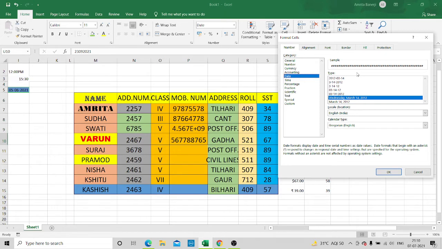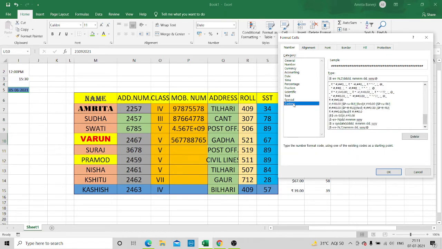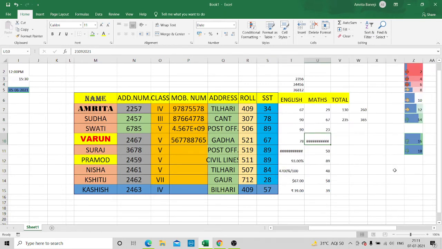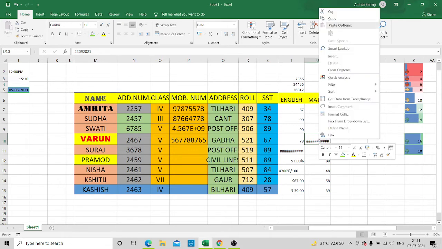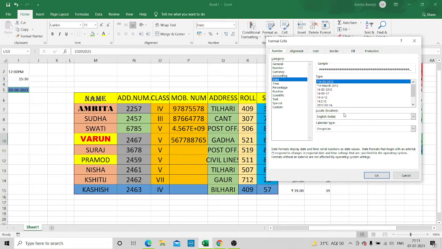The sample format has to be changed, only then I'll be able to change it. So let me select some format. Suppose I have selected this one and now I will click OK. Now I will do it once again, but it is not getting changed.